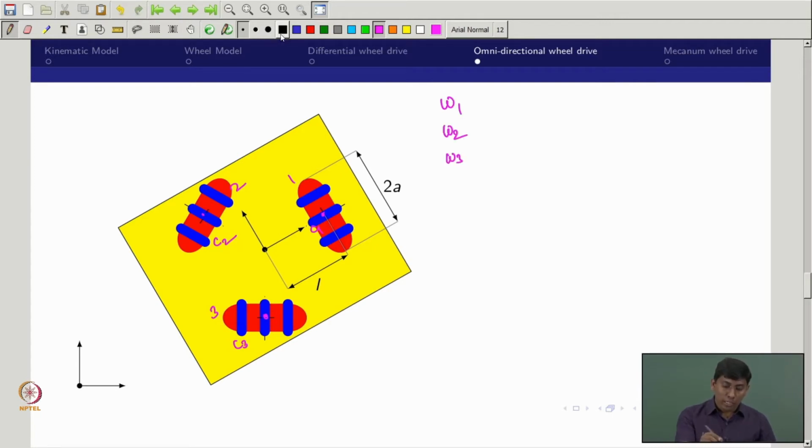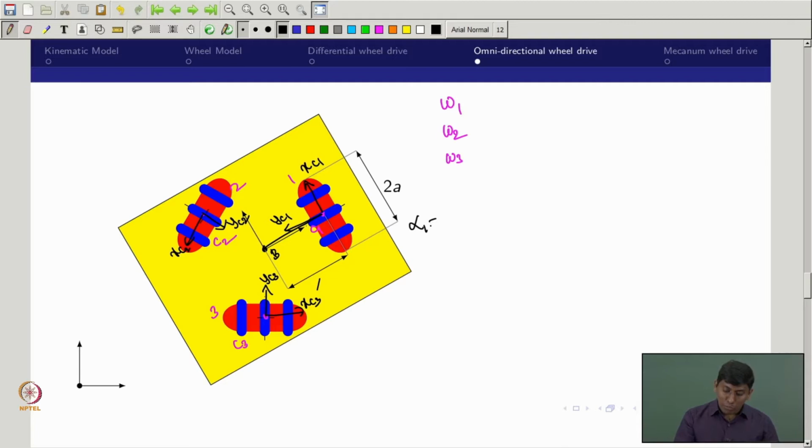Now you have to fix the frame. What we usually take along the drive direction is XC1, then based on the right hand rule you take YC1. Similarly, this is XC2, this is YC2, this is XC3, and this is YC3. I am putting this so that you can bring a new variable called alpha. The alpha is the angle between your C1 to the base with respect to the x axis.